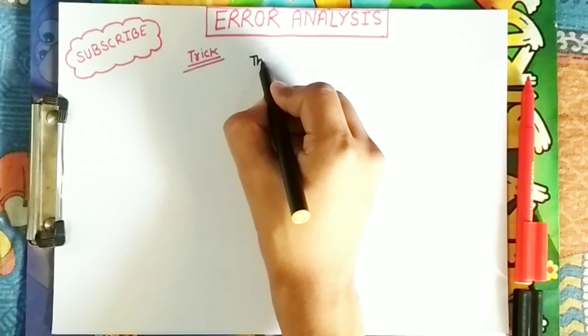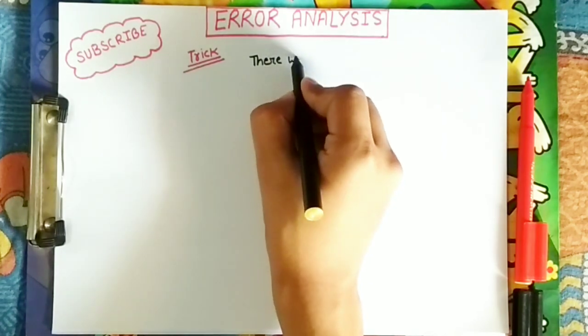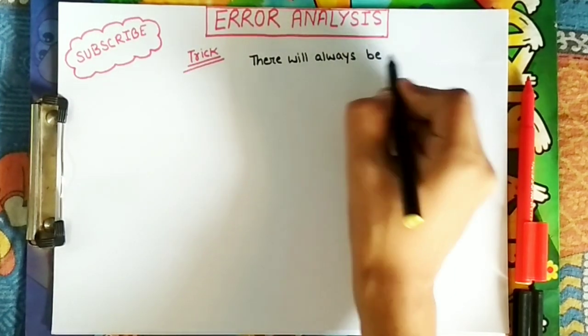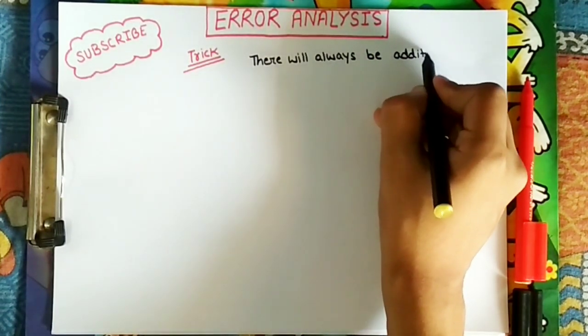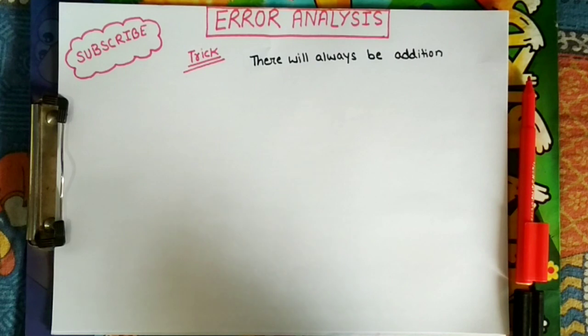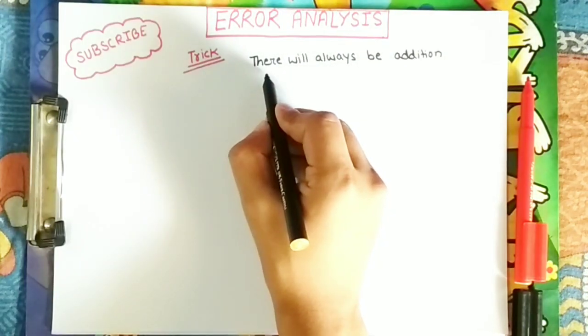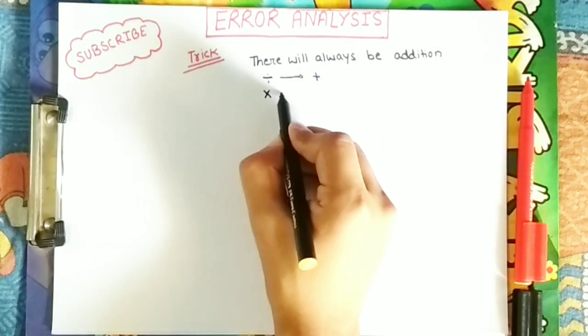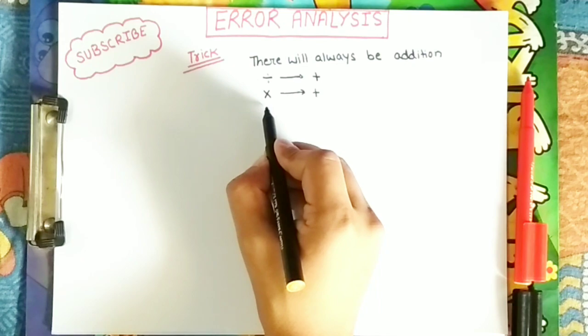There will always be addition. Absolute errors are always additive in nature. There will always be addition. That means in multiplication also we will use plus, in division also we will use plus, in subtraction also